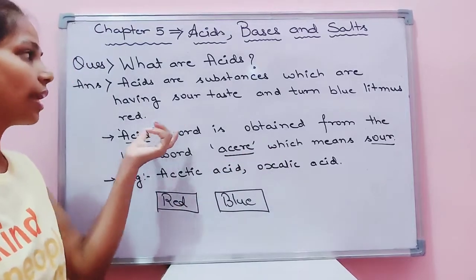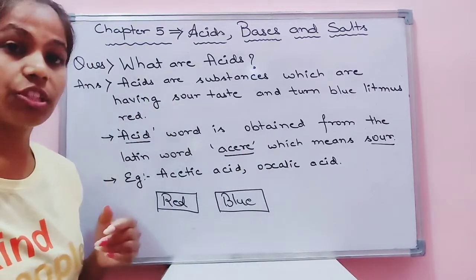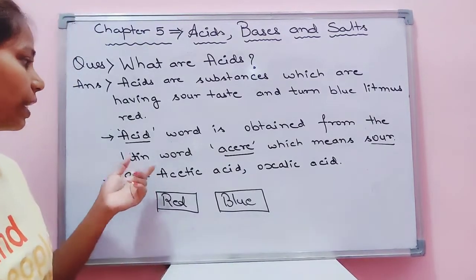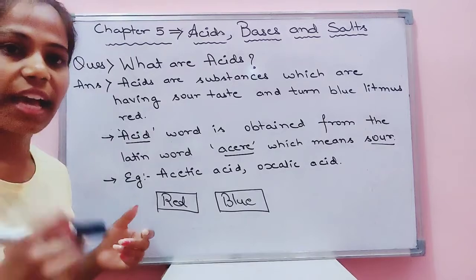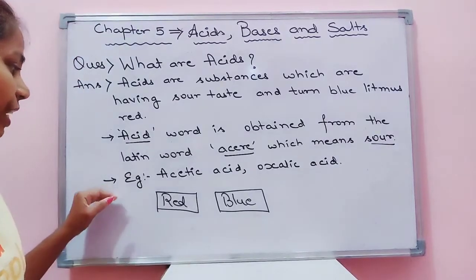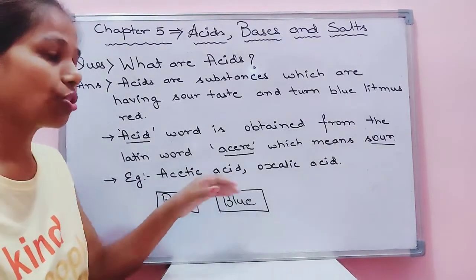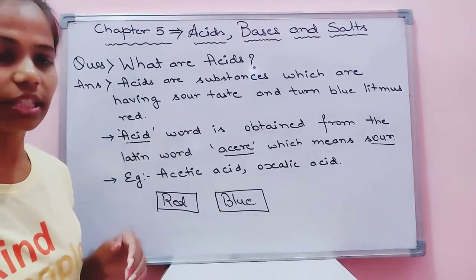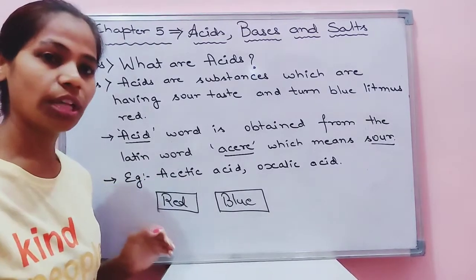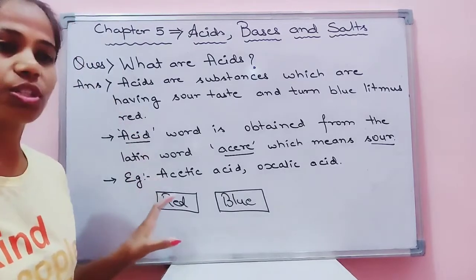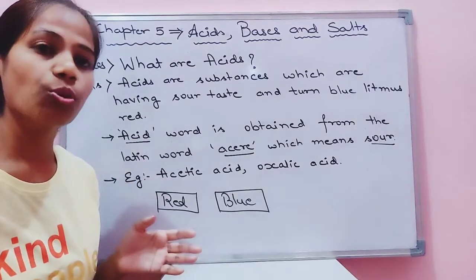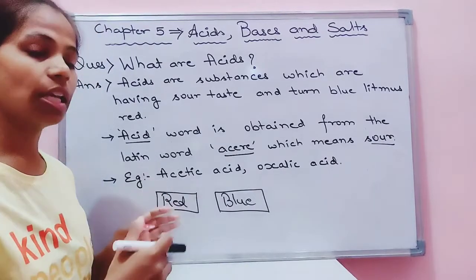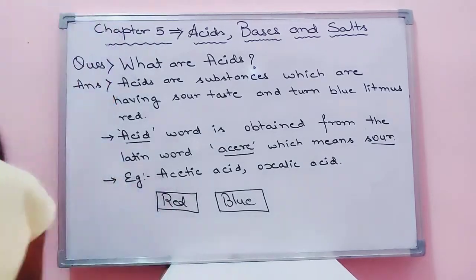As acids have a sour taste, which is common for almost all the acids, that is why we named it acid. We have many examples: acetic acid, oxalic acid, lactic acid. There are many examples which we will see in the next topic. The organic acids which are found in household products, or which we come across in our day-to-day life, we will see in the next topic.